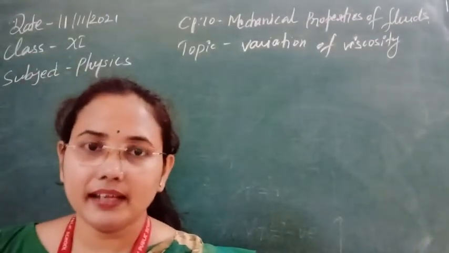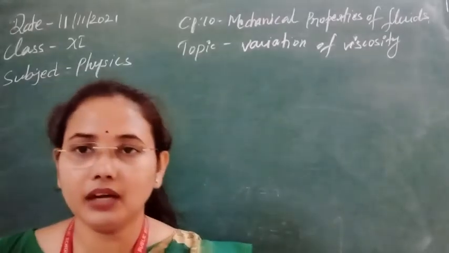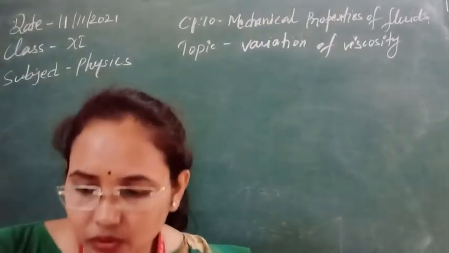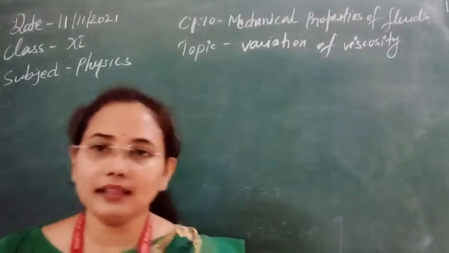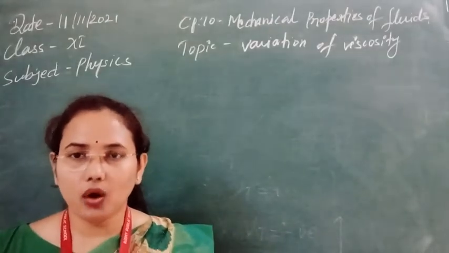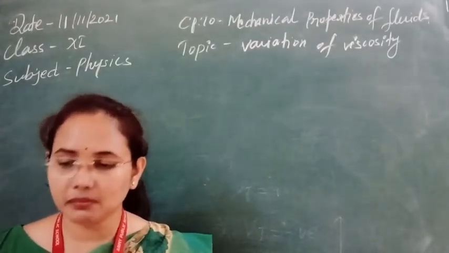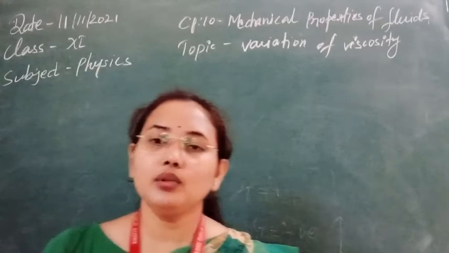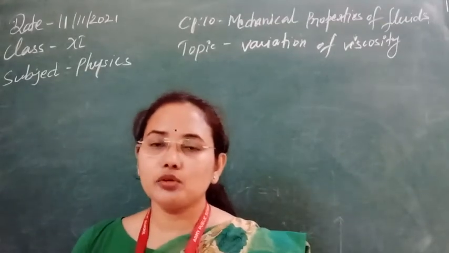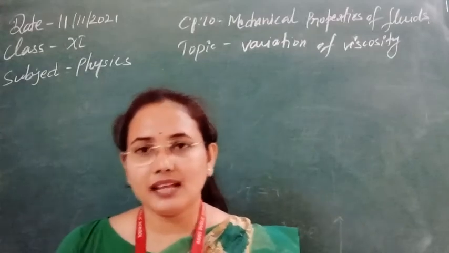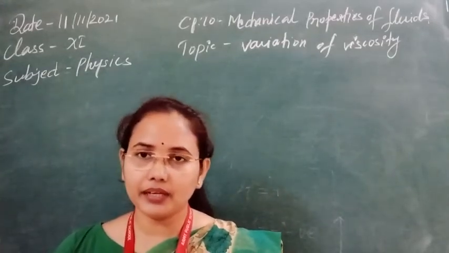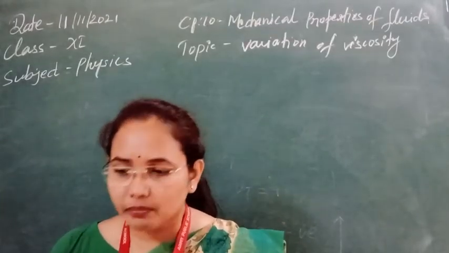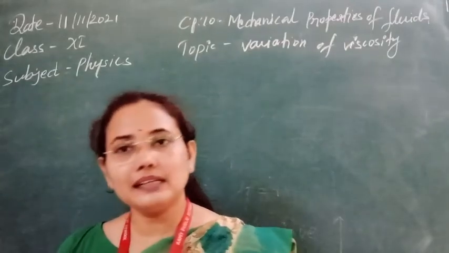So in case of variation of viscosity, the first thing which can affect the value of viscosity is the temperature. Whenever the temperature increases, thermal velocity is supplied to the system, and all the molecules come into motion. Due to that, the relative motion between the layers starts to decrease, and due to the decrement in relative motion, the property of viscosity also decreases. So it means that viscosity decreases with increasing temperature.